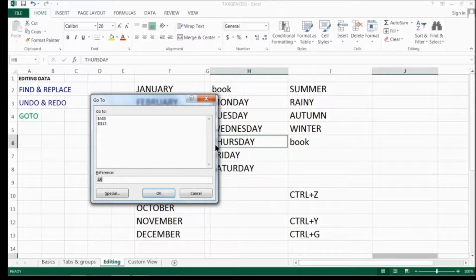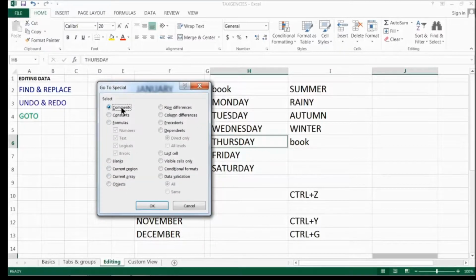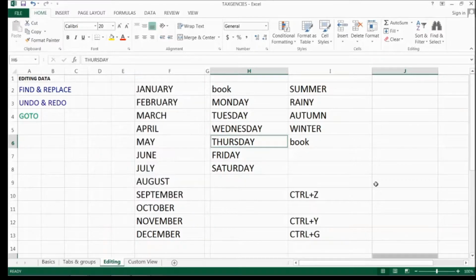We can use the special option of go to also. The special option is if any cell contains comments, constants, formula, blanks, current region, current array, row differences, column differences, anything. If there is any cell containing a formula and we find cells with formulas, then we go there.